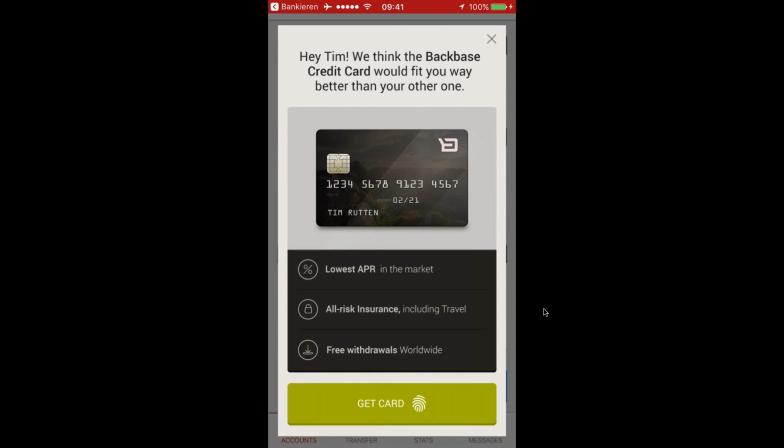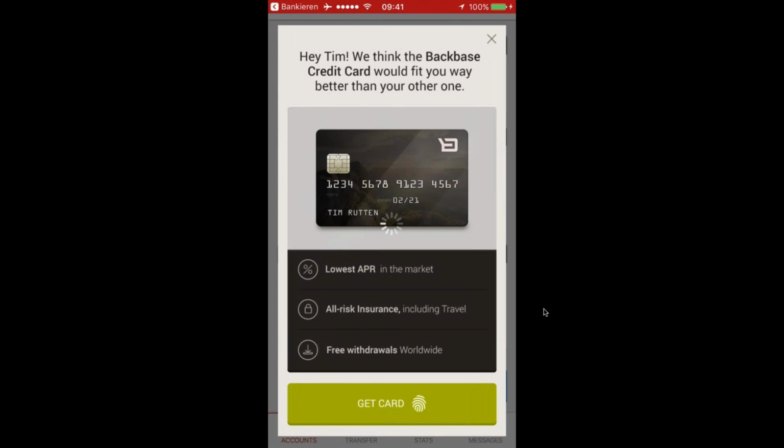Yep. You just got the data from ING, the credit card. You can compare the interest rate. You see you've got a better offer for the customer. And as a concierge or a trusted advisor, you make the offer at the right moment in the right context. Yeah, like a real personal assistant.